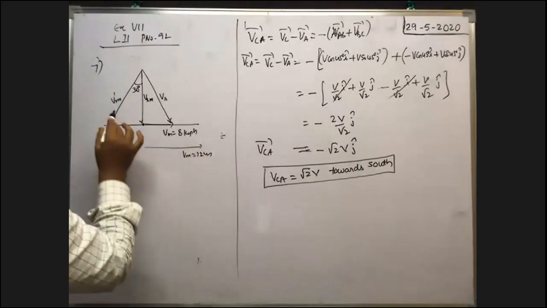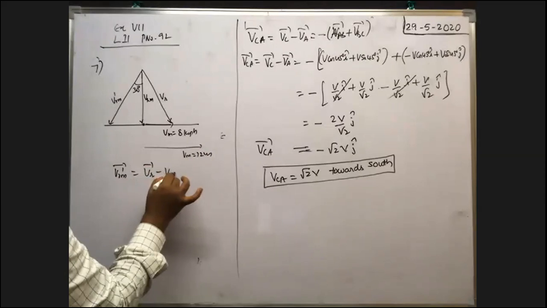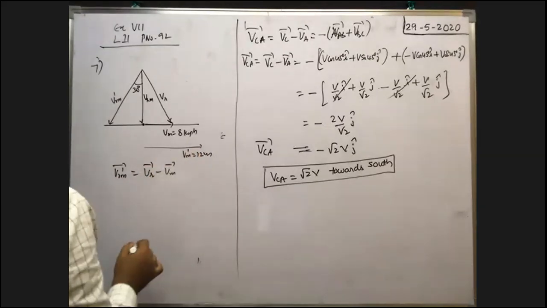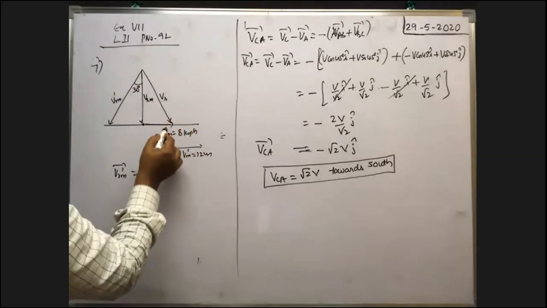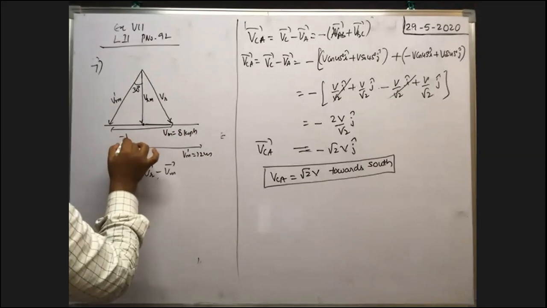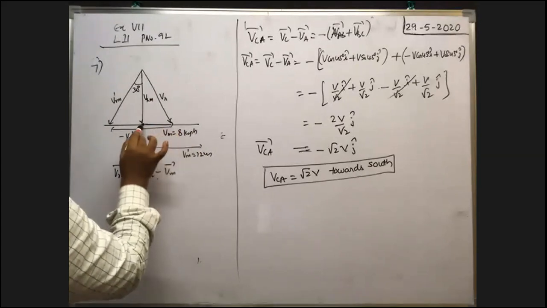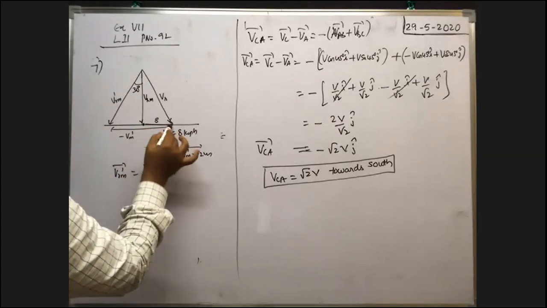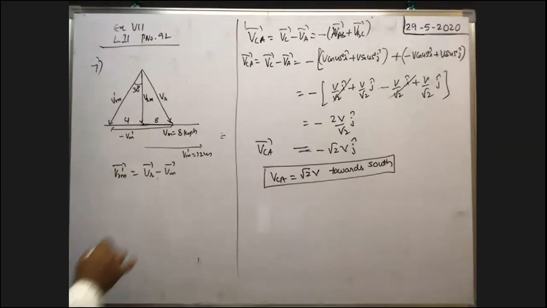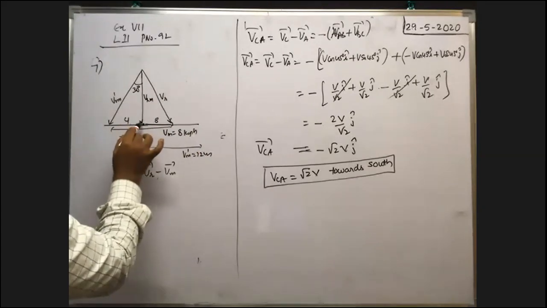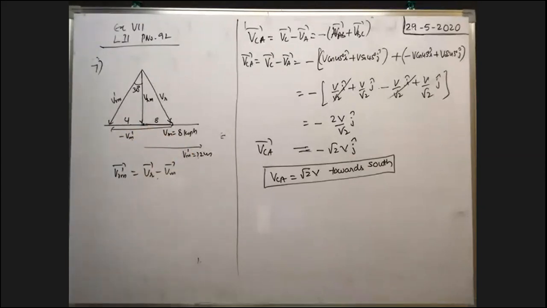To obtain the relative velocity of rain with respect to man, V R M dash, that is equal to VR bar minus VM dash bar. So we have to add VR bar plus minus VM bar, that means you take this as minus VM bar. Here actually this is equal to 8, we know, because this is VM only, no? VM is equal to 8. In order to have this value totally 12, if it is 8, this must be 4. This value is equal to 4 km per hour. This value is 8 km per hour. So totally from this point to this point, VM dash is equal to 12, no? So in this way we can take.